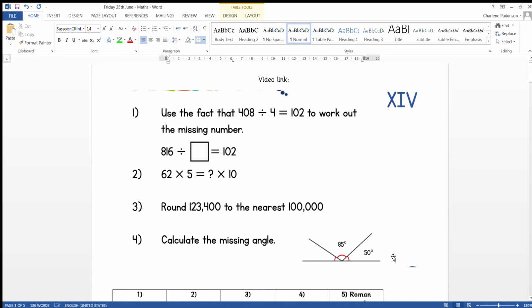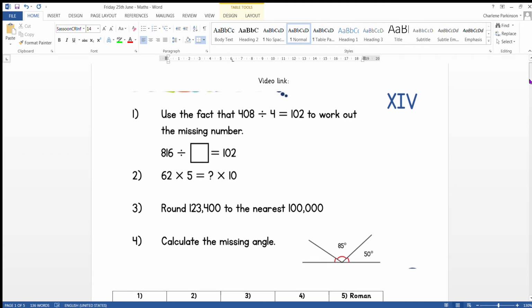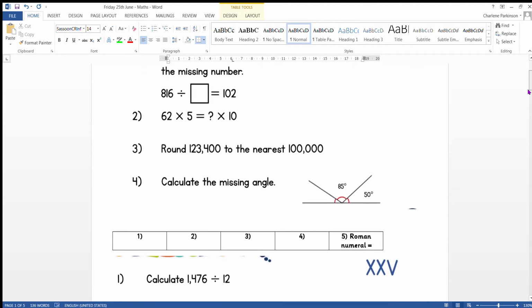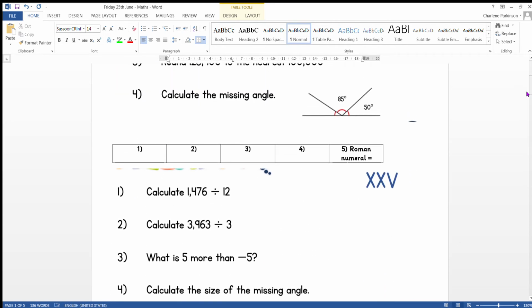And your final one, work out the missing angle. Add up what you've got and subtract it from your total, which is 180. And your Roman numeral, obviously. Second one,